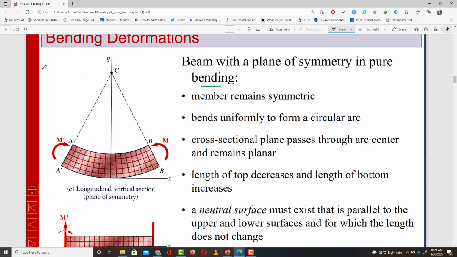This was the initial beam, let me write it over here. It is subjected to M dash, two equal and opposite couples. This is point A dash, this is B dash. The upper points are A and B. So due to this loading,